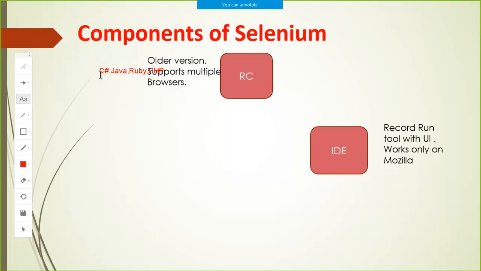So for learning IDE, you don't need to learn any programming language, you just need to know JavaScript. But if you are working with RC, you must know any one of these programming languages. Now RC had its own limitations as well. So to overcome those limitations, another